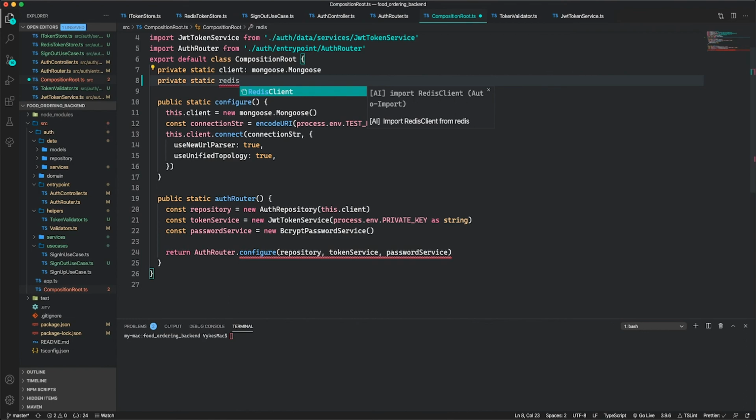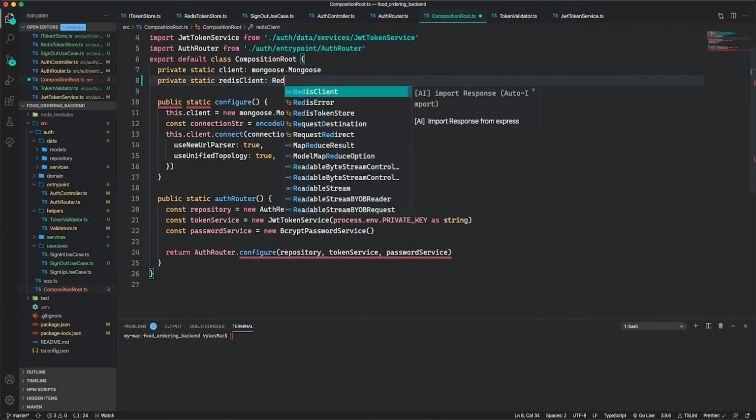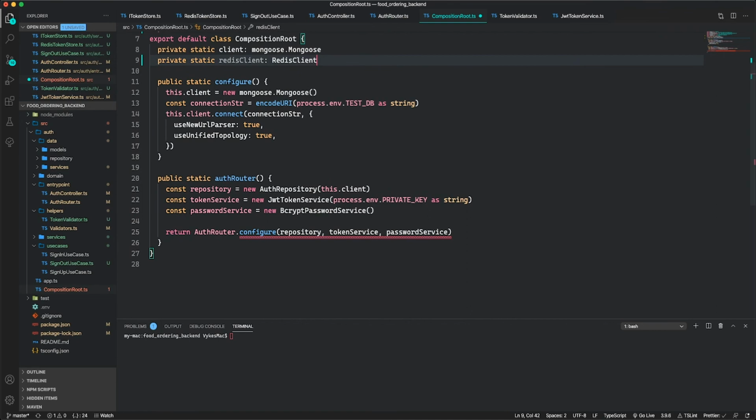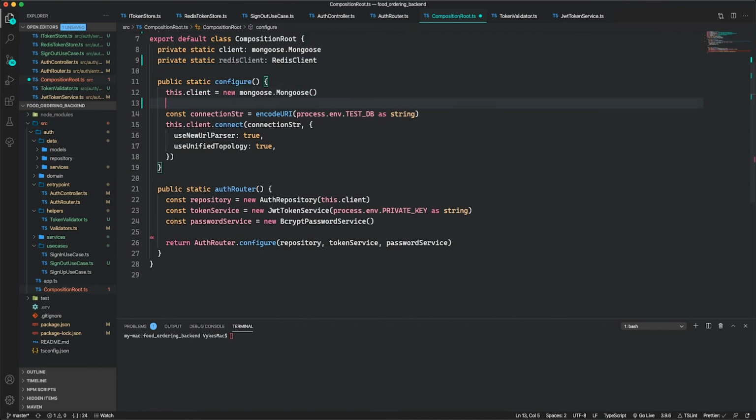So Redis client, which is of type Redis client. And then here, where we initialize our Mongoose client, I'm going to say our Redis client equal to,